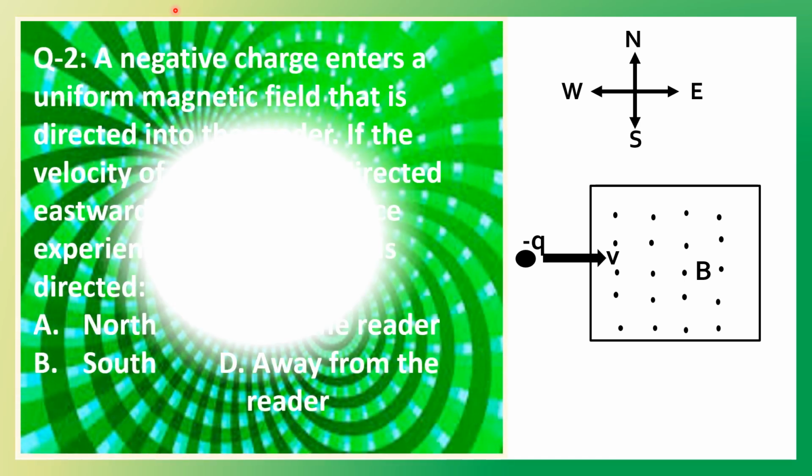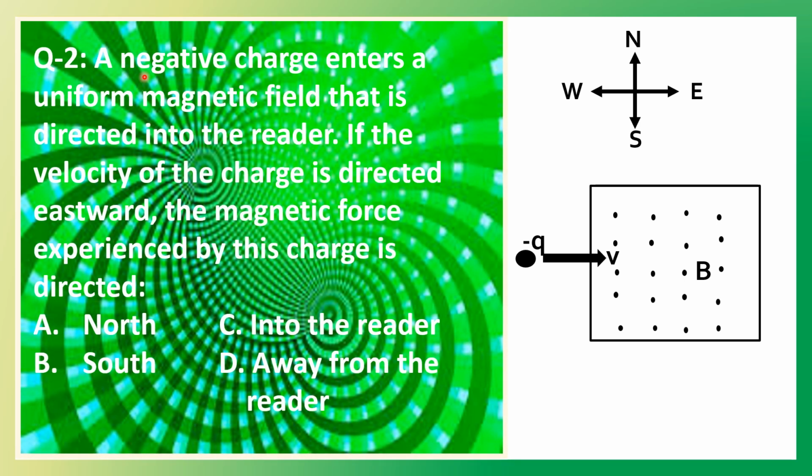This is question number 2. A negative charge enters a uniform magnetic field that is directed into the reader. If the velocity of the charge is directed eastward, the magnetic force experienced by this charge is directed, letter A, north,